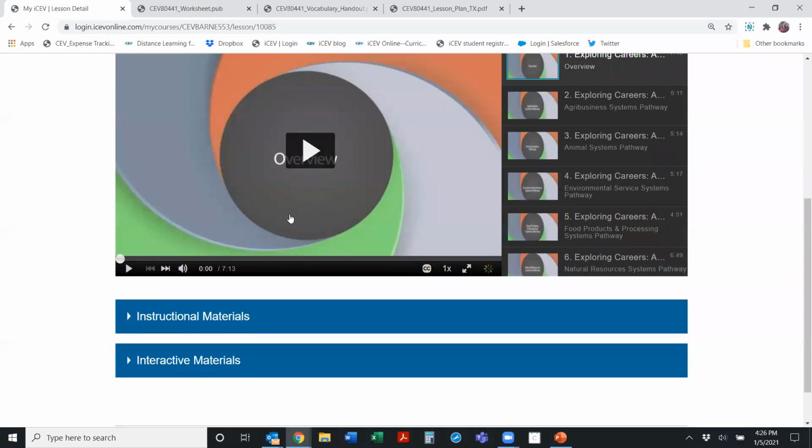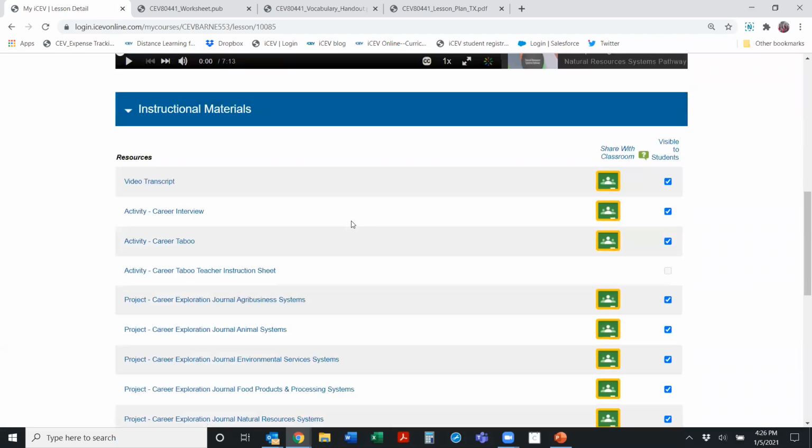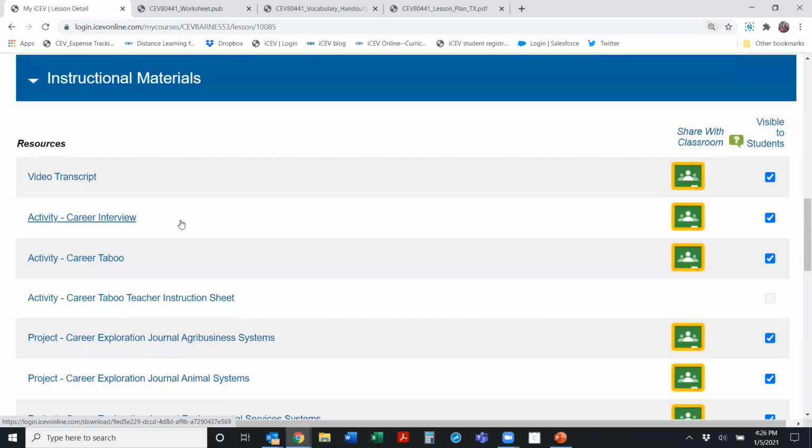They would only be able to view it with you. Or you could open up the instructional materials and download a video transcript to send to them. Now that's not as good, but I have heard of people using these video transcripts for their English language learners. And they will take that transcript and then transcribe it for them, for the English language learners, so that they can complete the assignments.